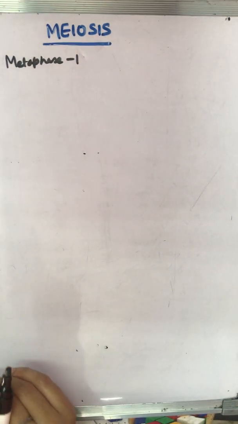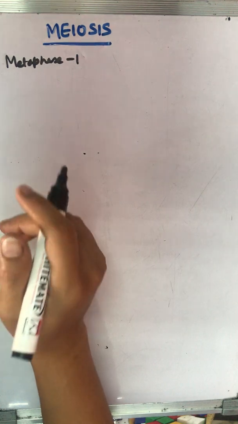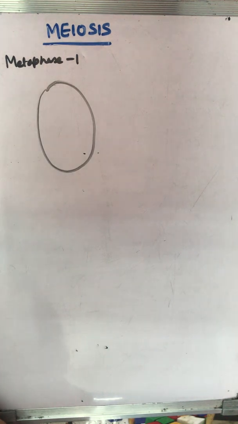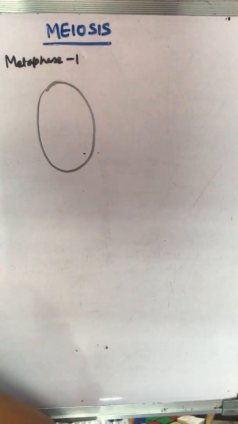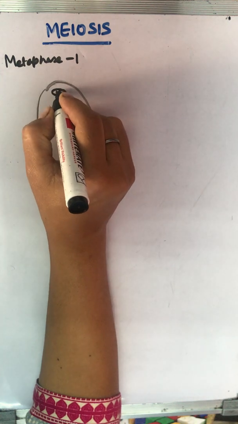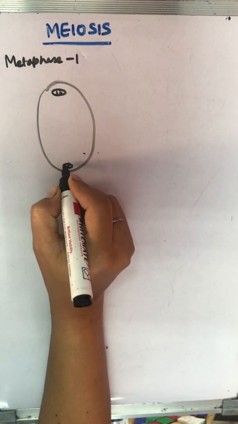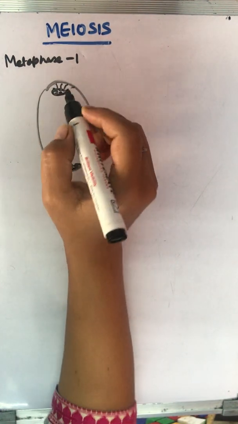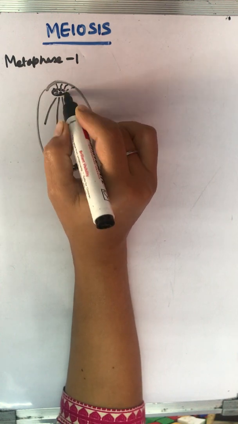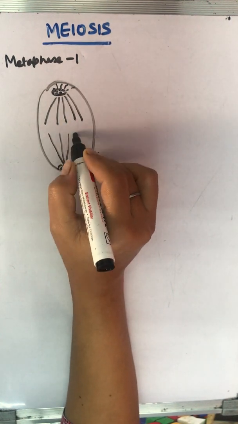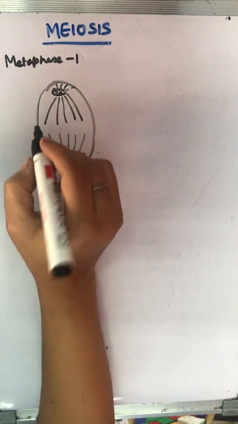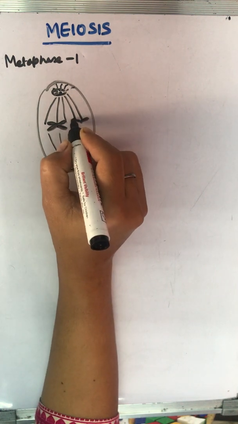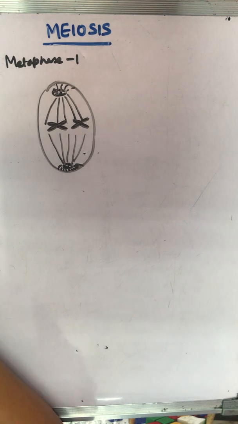Starting with Metaphase 1. Now the diagrammatic view of Metaphase 1 will be somewhat like this, where we are going to draw the spindle apparatus first. Astral rays, spindle fibers, and obviously the chromosomes at the equatorial plate. Now here what we have to keep in mind is